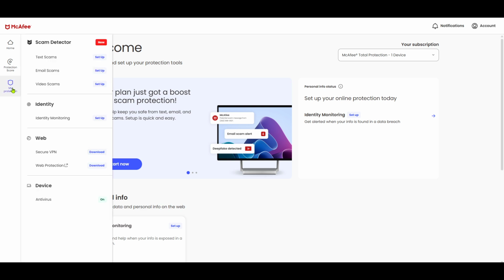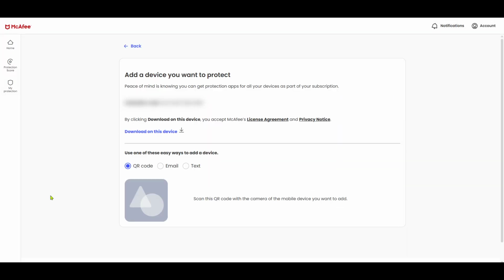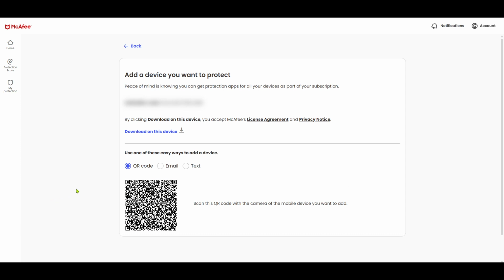In the McAfee Protection Center, look for the option labeled Device. Click on this option. You will then be directed to view all the devices that are protected under your account. This ensures all your devices, including your Mac, are accounted for and listed for protection. Once you're in the device section, the final step to begin the installation on your Mac is to click on Antivirus. By selecting this, you'll initiate the installation of McAfee Total Protection onto your Mac.